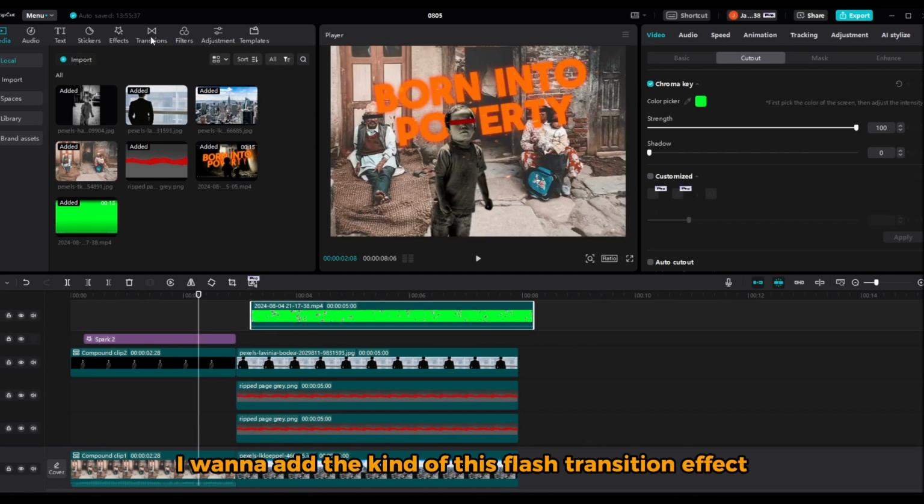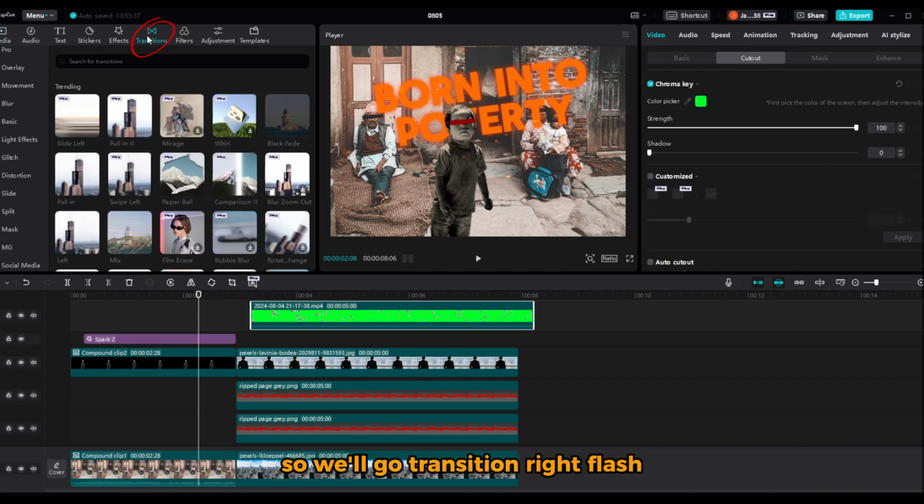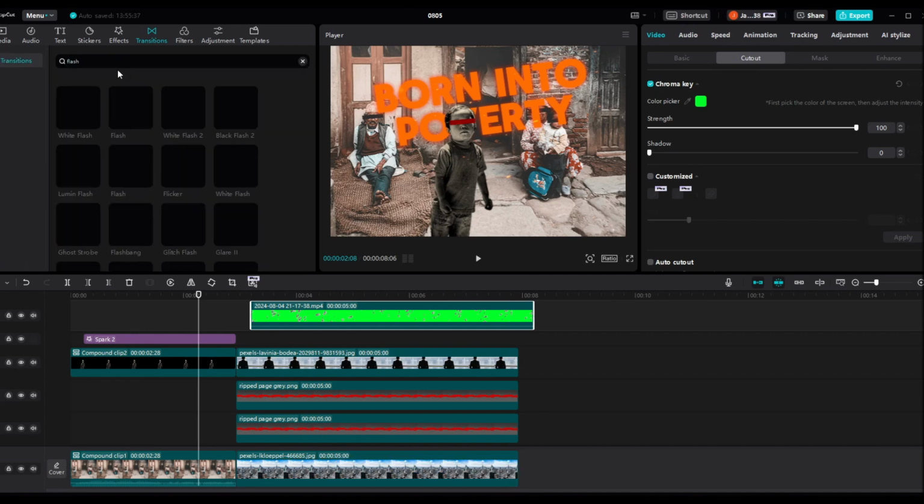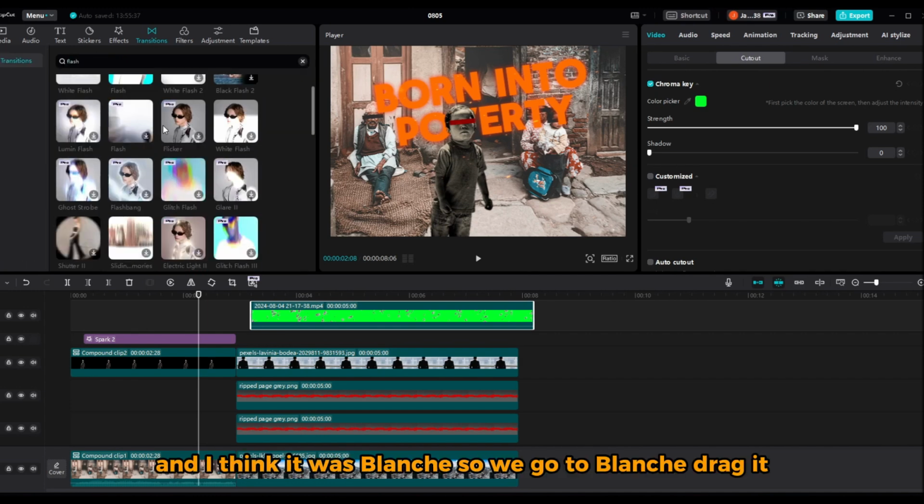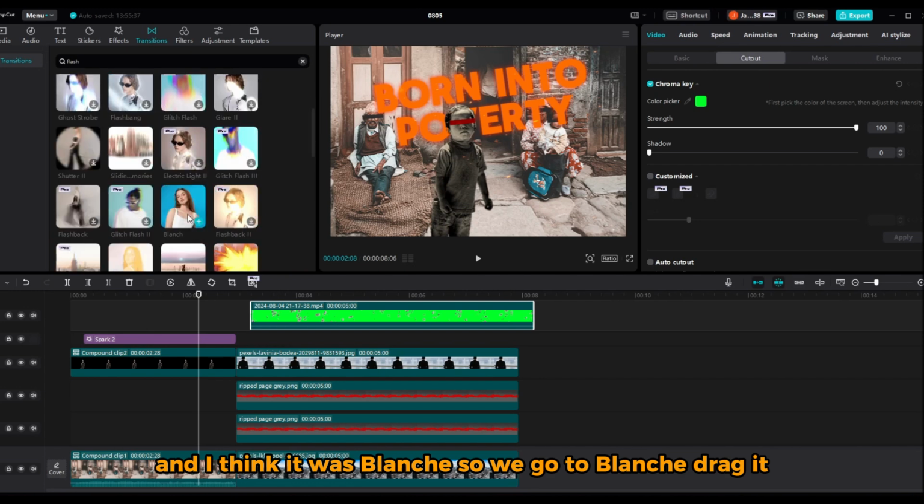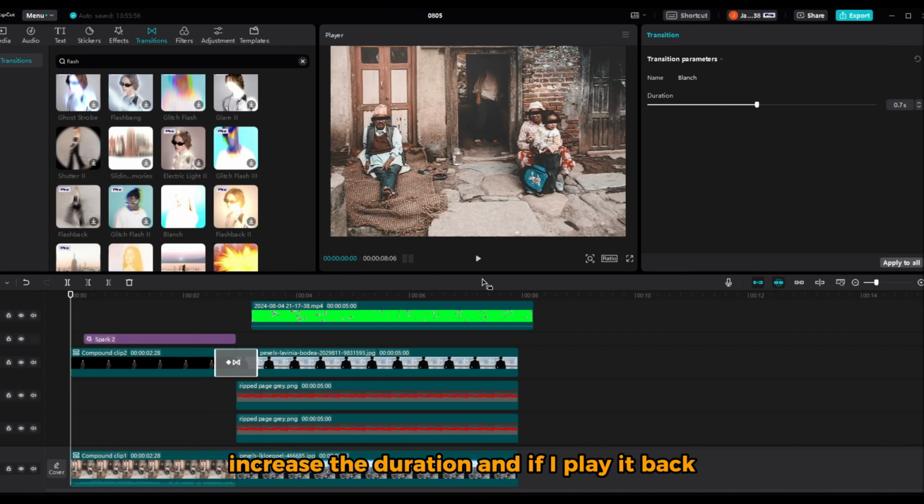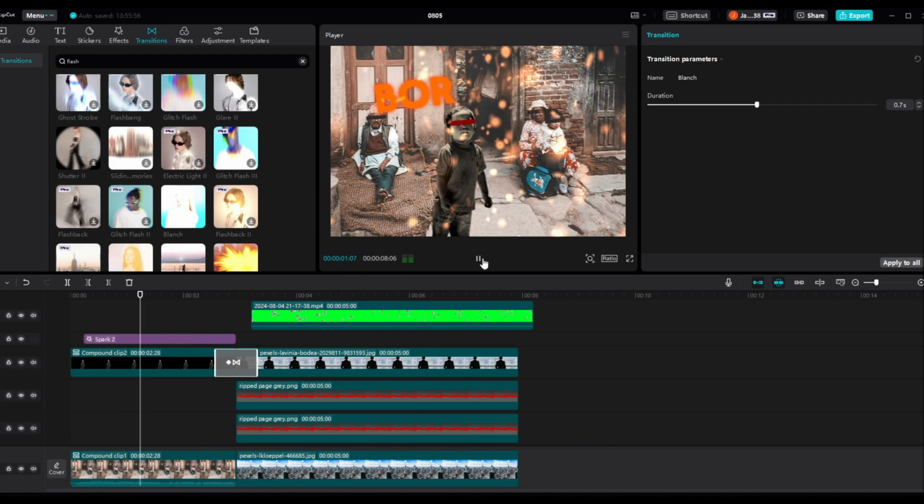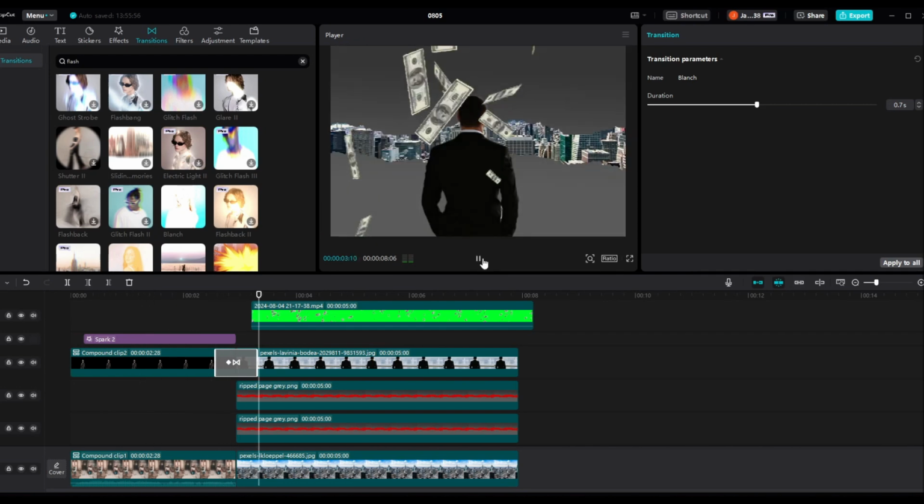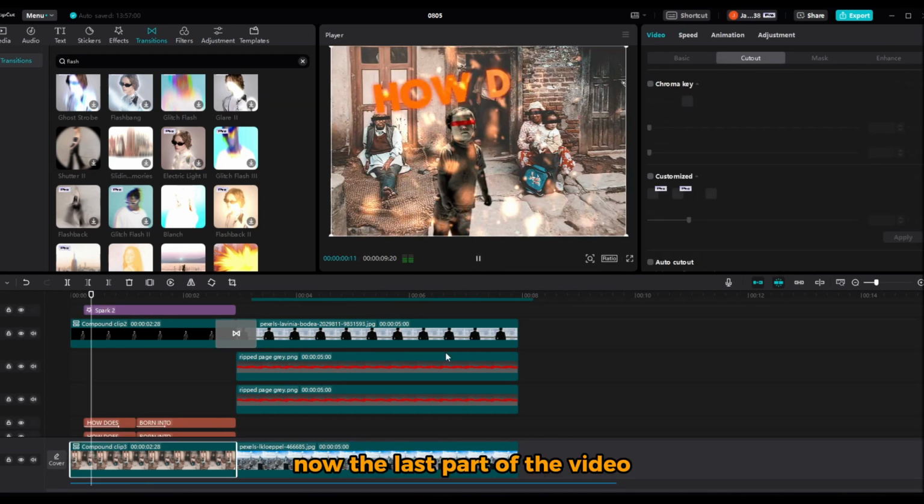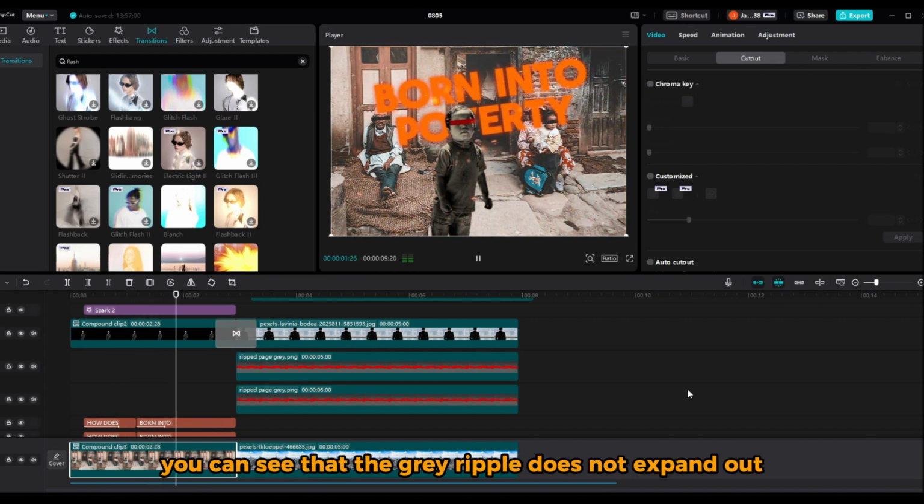Now I want to add this flash transition effect. So we'll go transition, right flash, and I think it was blanch. So we go to blanch, drag it, increase the duration, and if I play it back, how does a boy born into poverty become the richest? You get that effect. Now the last part of the video, if you play it back, you can see the